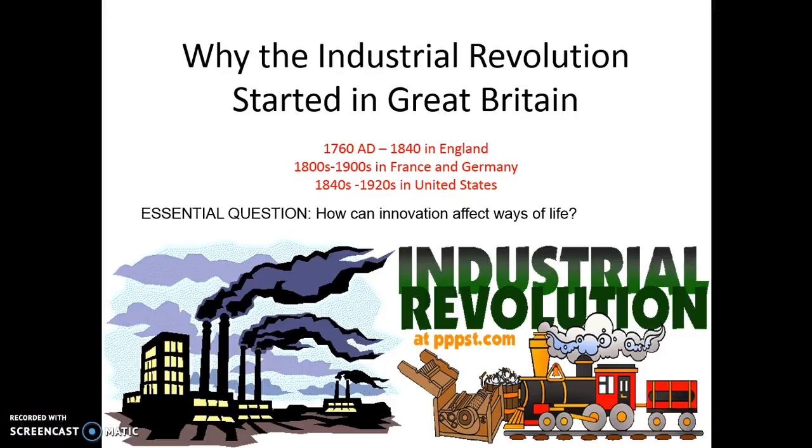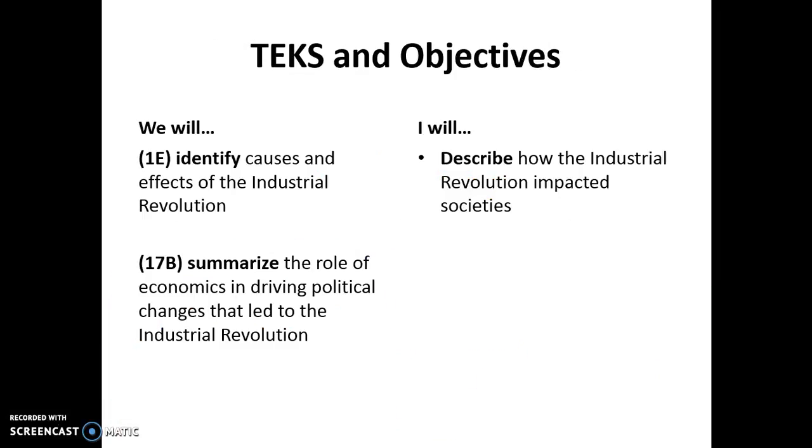Everyone, in this video we will be talking about the Industrial Revolution, which started in Great Britain. Throughout the lesson we will be identifying the causes and effects of the Industrial Revolution, and we will also be summarizing the role of economics in driving political changes that led to the Industrial Revolution. By the time that we are done with this lesson, you will be able to describe how the Industrial Revolution